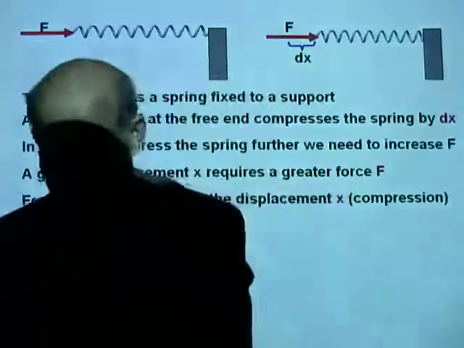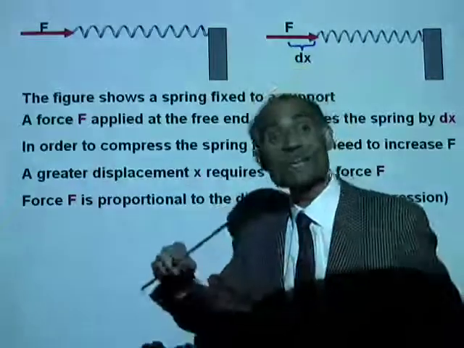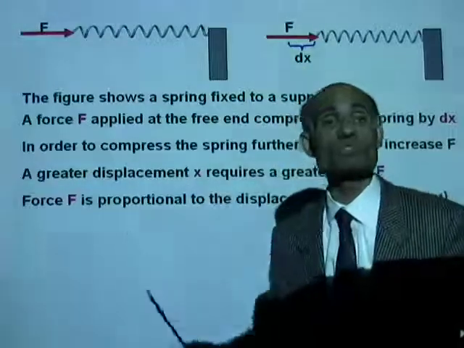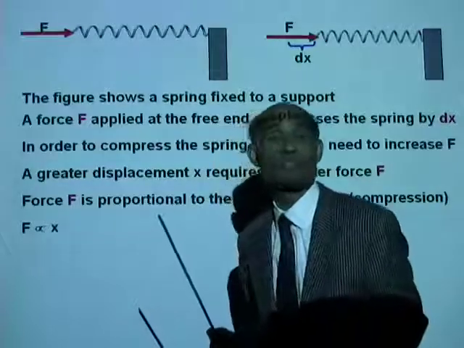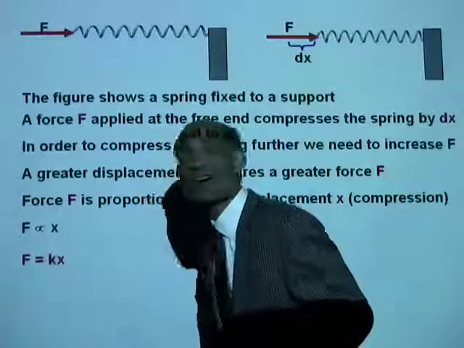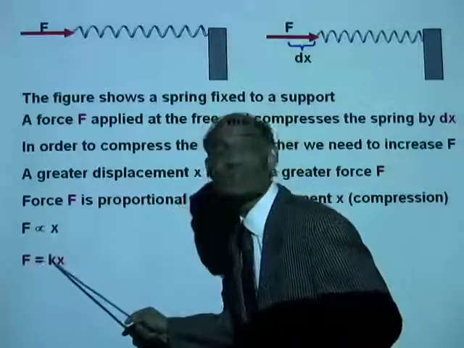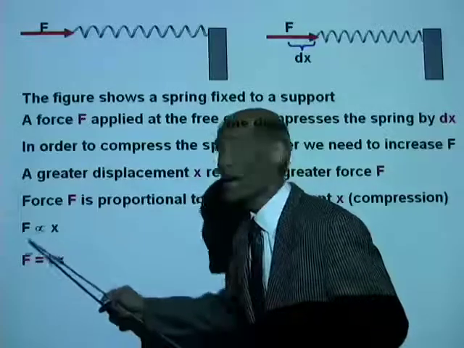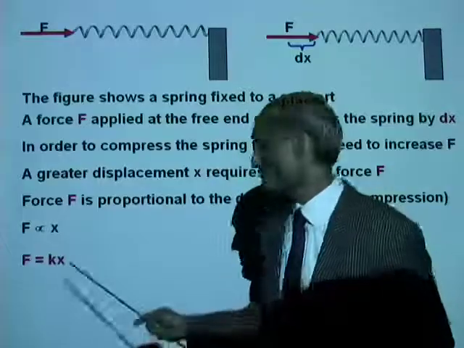Now, how do you write that mathematically? The stretching force is directly proportional to the extension. F is directly proportional to x. And the proportional sign can now be replaced by an equal sign. F equal to kx. Now, this is called Hooke's law, where